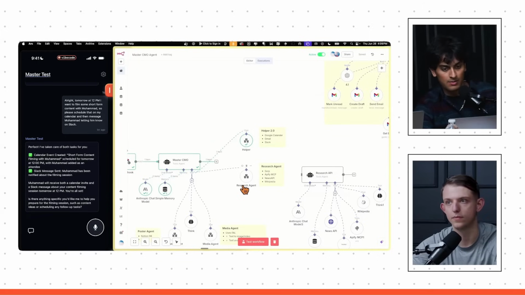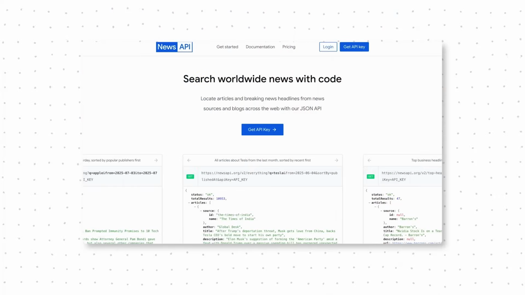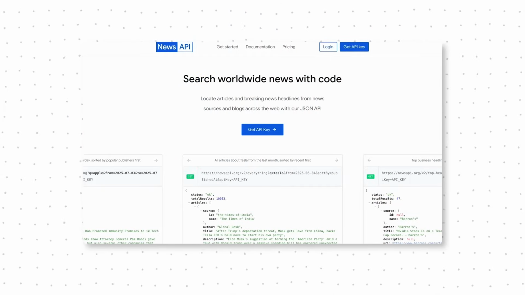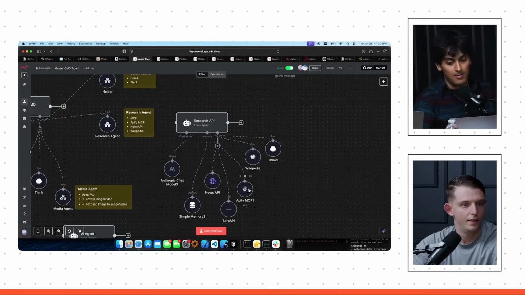Yeah. So the research tool is just another AI agent that has access to the news API, so it can gather all the news for today or a month or the last year. SERP API is just for basic Google searches. But what I'm really excited about, and honestly, which I found out about today, and I'm going to deep dive on it all day today, is the Apify MCP.